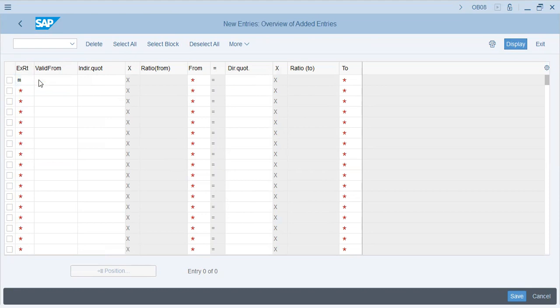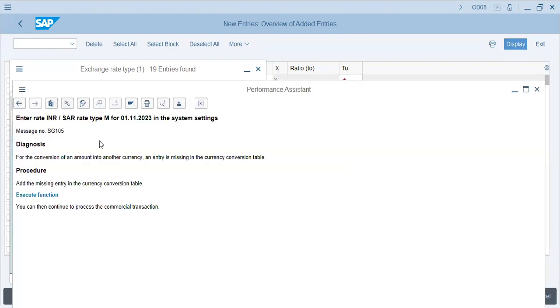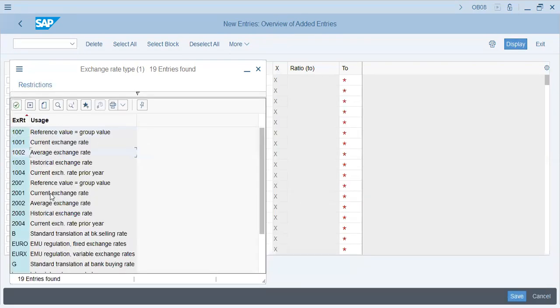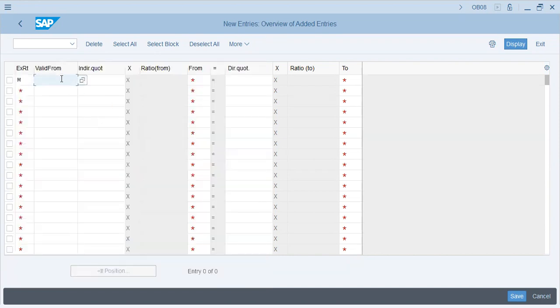There are various kinds of exchange rate types, which are average exchange rate, current exchange rate, historical, euro, standard translation at average rate. We usually use this. P is for cost planning. We will also use this in the next configuration. Valid from